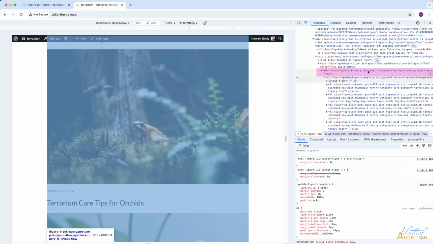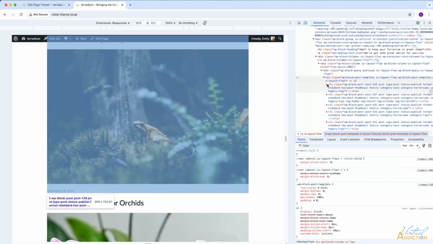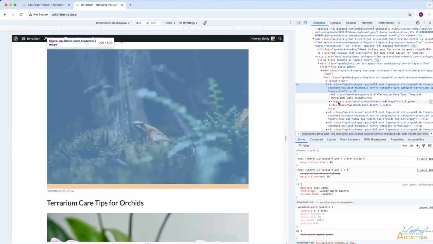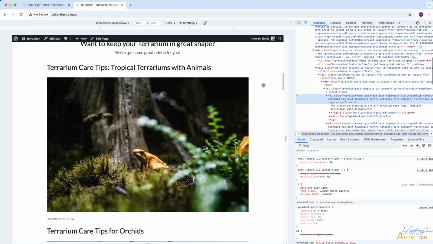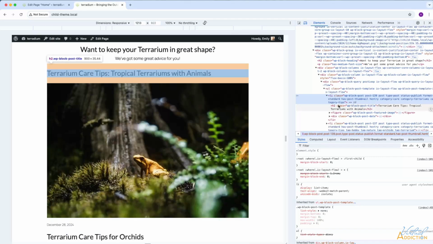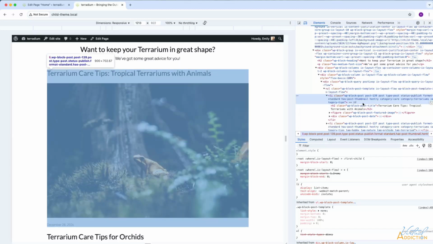So now I can target these things using post loop. The first thing I'm going to do is use post loop to grab the figure and remove the margin on the bottom. I also think I want to make the H2s, only in this scenario, a little bit smaller. So I'll probably use that same more specific class of post loop h2, and we'll make the h2s a little bit smaller. And then the final thing I want to do is create this 3-column layout at